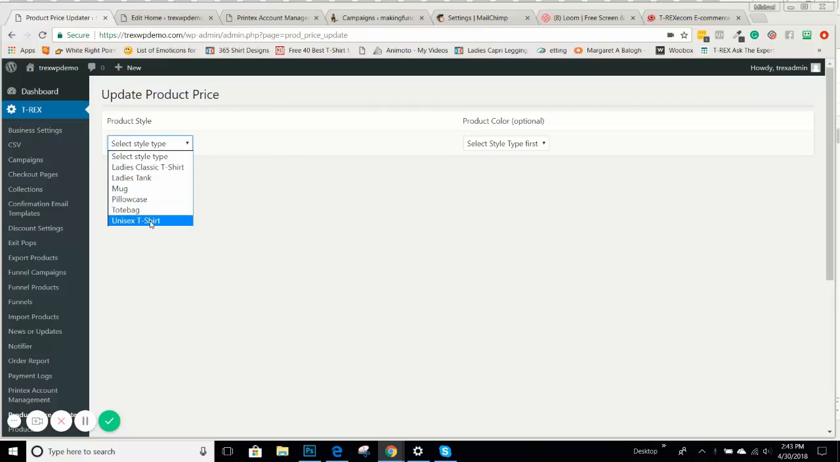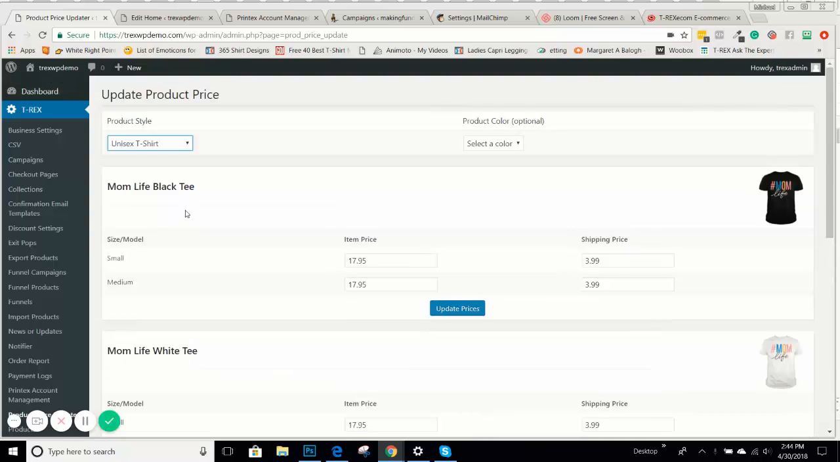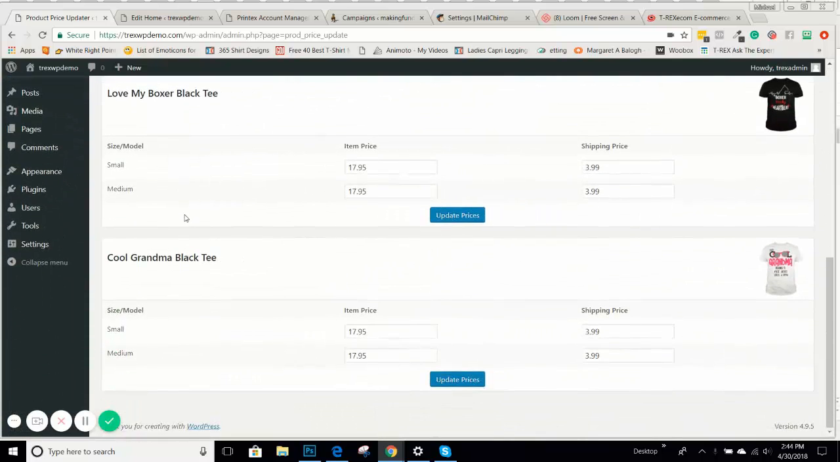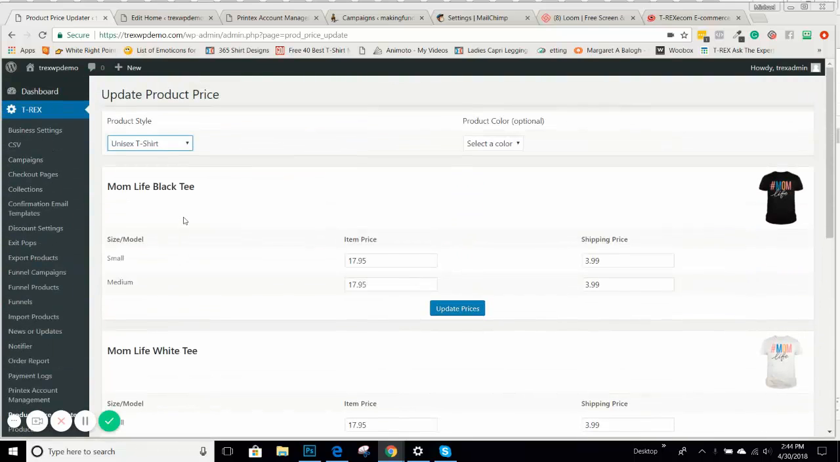So what's going to happen is you can select the type of product. So I know with this test site for training purposes, we've had mostly just unisex t-shirts. So you can go ahead and hit unisex t-shirts. It's going to pull up all of the unisex t-shirts. Now let's say you're looking for a particular design that you're working with within a campaign that you want to change. You can go ahead and it's going to pull up all of that,